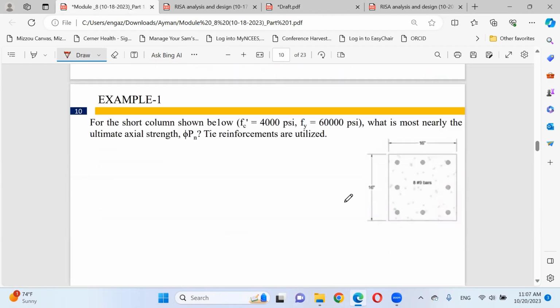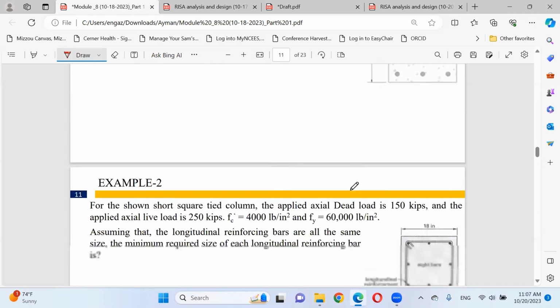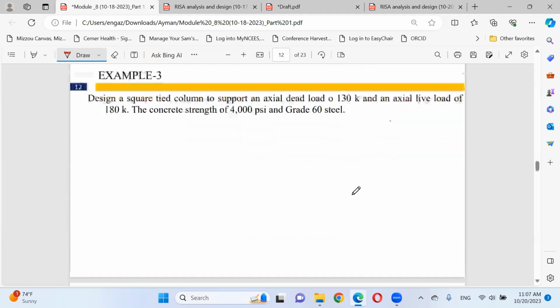We covered many examples last meeting, like this example and this example, and I would like to solve this example with you today. We are not given anything about the column except it's a square, tied, short column. This column is supporting a reaction as a dead load equal to 130 kip, and a reaction as a live load equal to 180 kip.